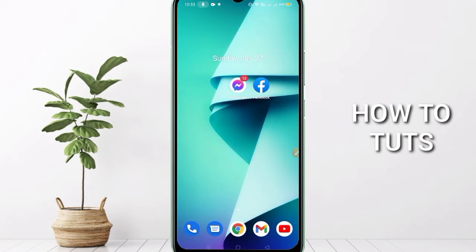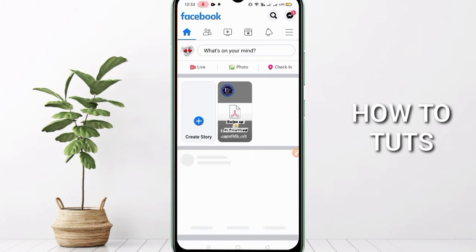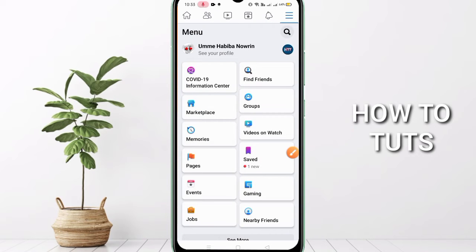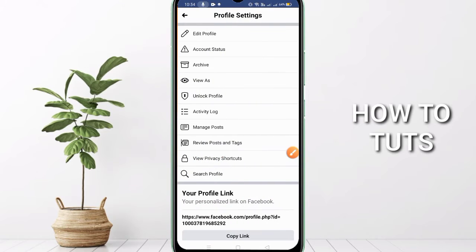So we need to go to Facebook, then you can see here the Facebook app. Click on our Facebook app, then we have to go to the option with three lines on the right side. Click on this and click your profile here. Okay, so we need to go to the three-line option, click on this, and after that